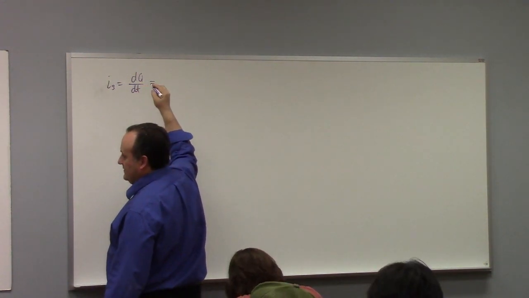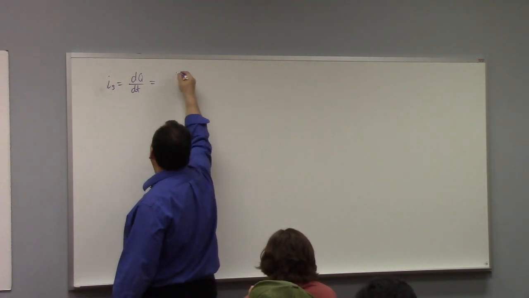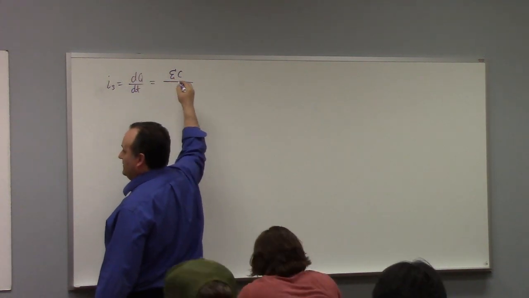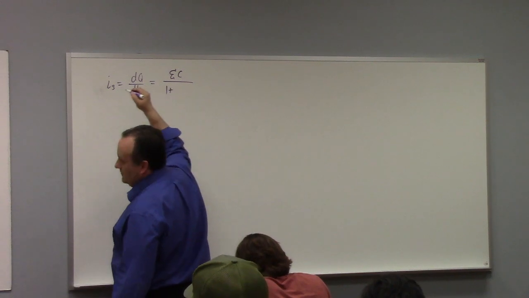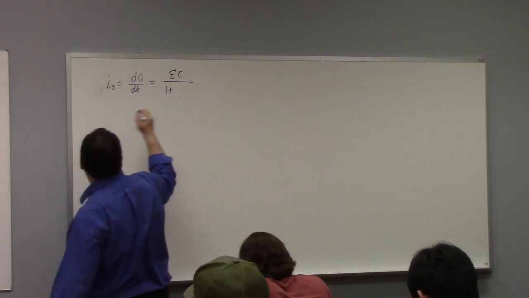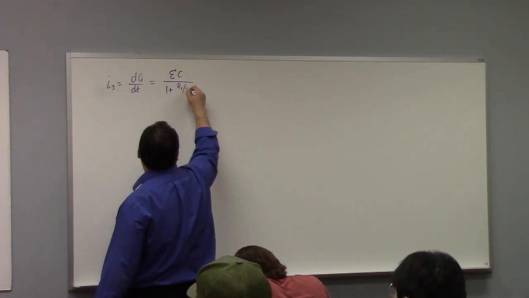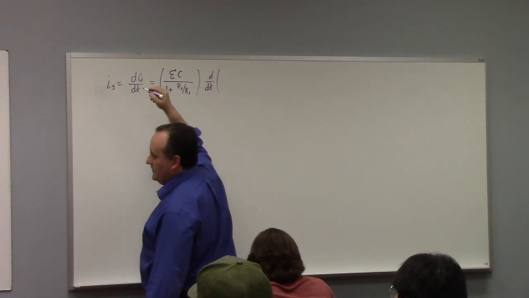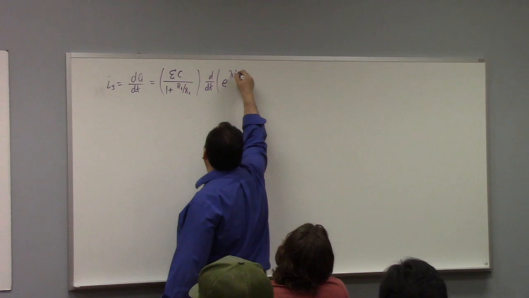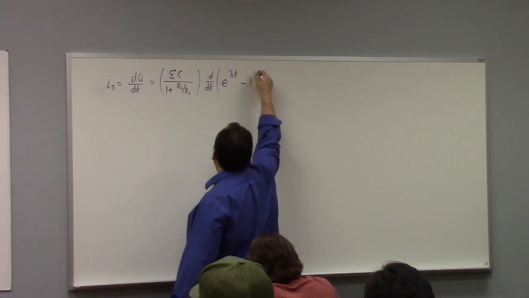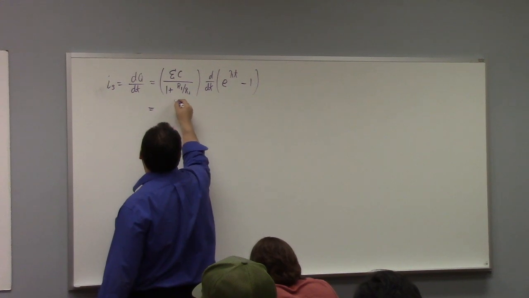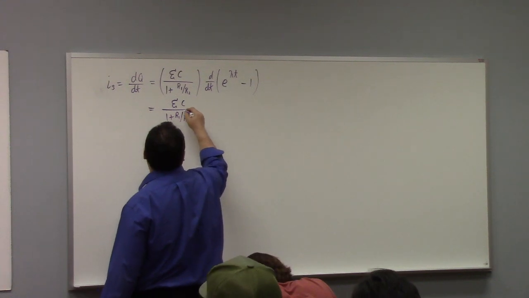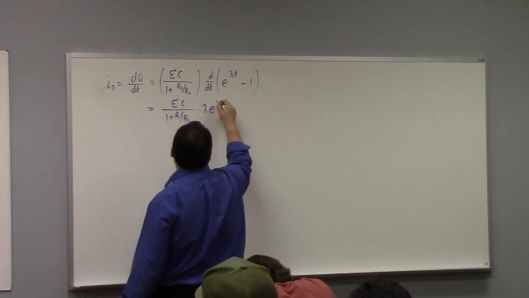Oh, it's unpleasant, isn't it? So it is EC over 1 plus R1 divided by R2, that times the derivative of e to the lambda t minus 1. And what's that give me? EC over 1 plus R1 divided by R2 times lambda e to the lambda t,